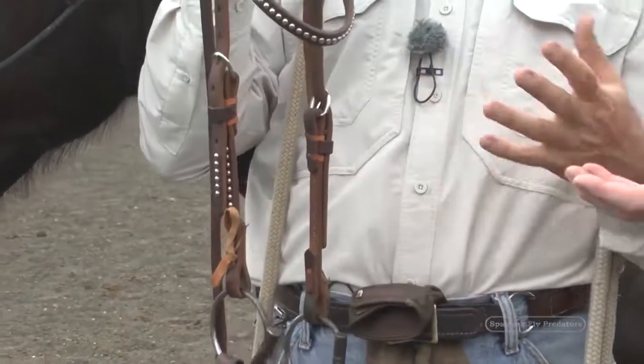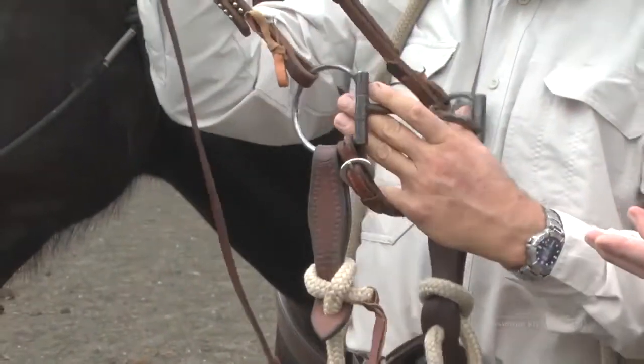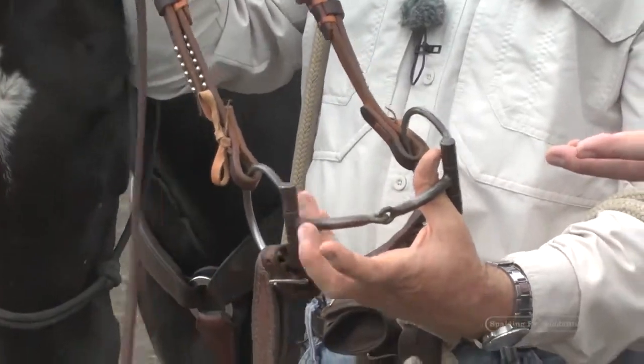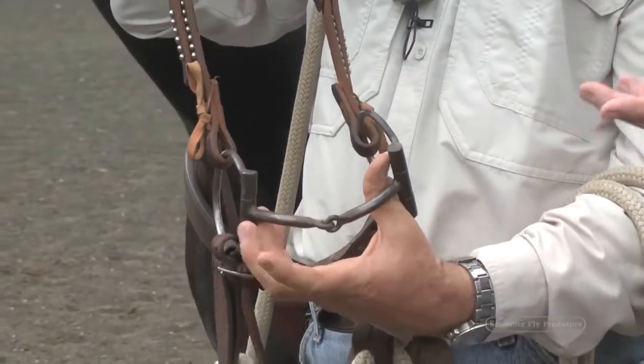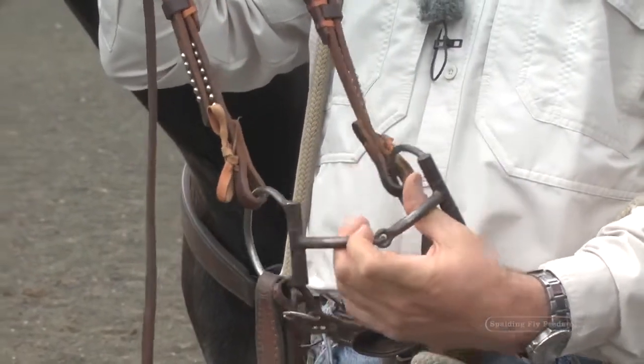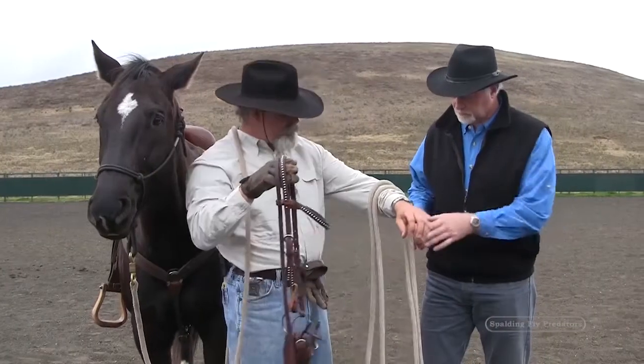It doesn't matter if it's this bit, it can be a number of different bits. The bit's not the part. So you can do 2 fingers on this side, or you can do 1 finger on this side, just whatever is comfortable. The main thing is you hold it open and you keep your index finger for the horse's mouth. So go ahead and hang that on your hanger,